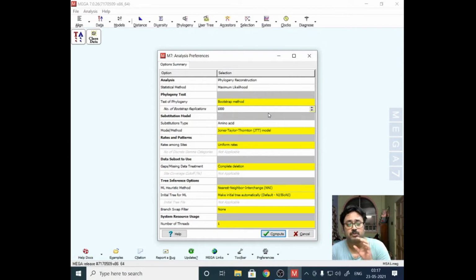But having said that, the bootstrap method is very important. Why is this very important? Suppose the software is creating a tree. As I mentioned, out of 1000 times, maybe 950 times you are getting exactly the same tree, but let's say 50 times you are getting something else. If you just do it once, the probability is very high that you are going to get the same tree, the one showing up 950 times.